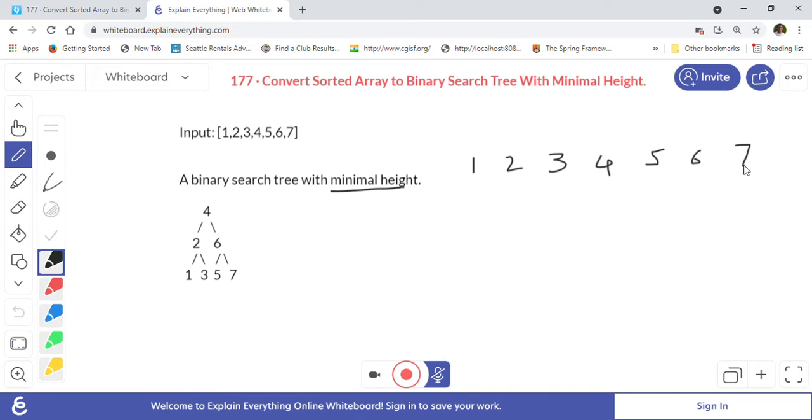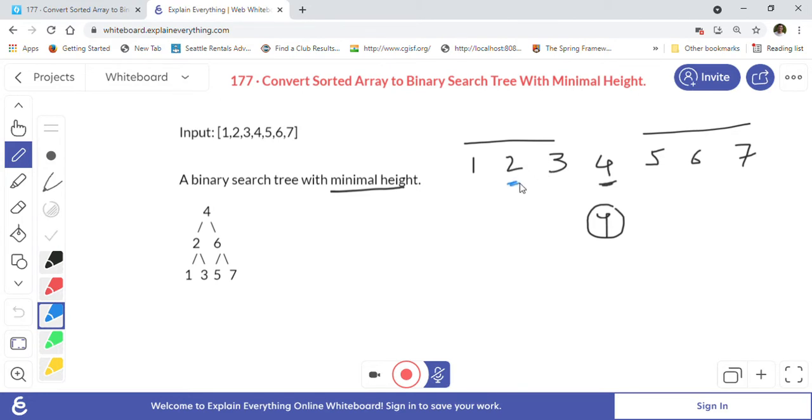So what we will do is first we will divide it from the middle, right? So we will take this middle element and we will make it the root, basically. And then we will divide this into two equal parts. This one is one part and this one is the other part. Now we will keep doing the same thing with the remaining arrays as well. Now we will divide this 1 2 3 array.